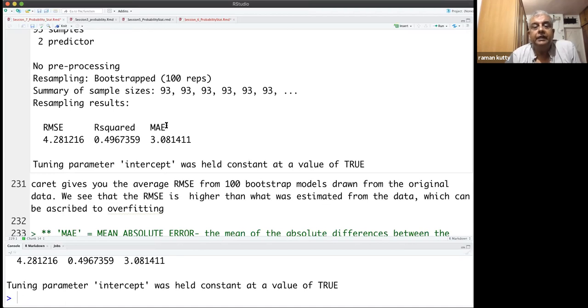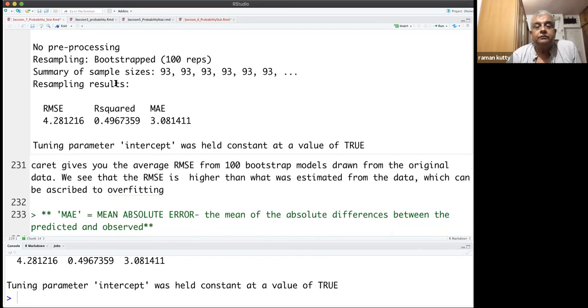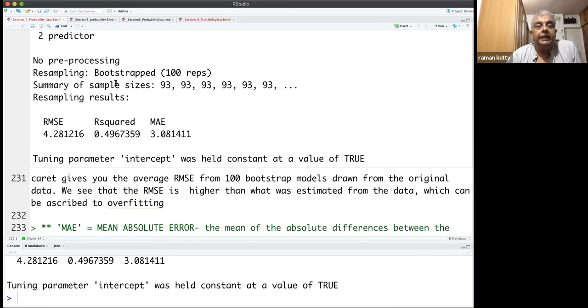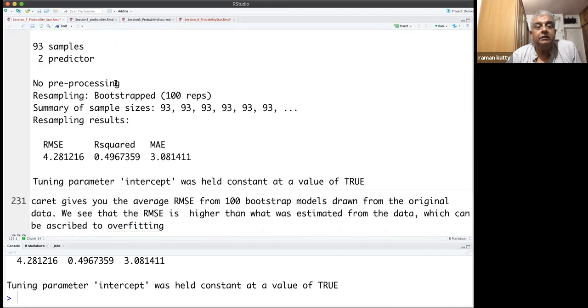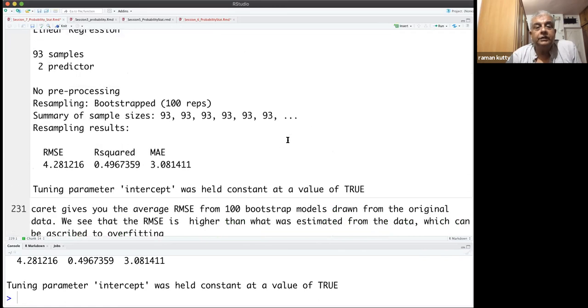That is called mean absolute error. It is similar to RMSE, but another way of looking at the error. These three statistics will be given by the caret package using this command. It also says tuning parameter intercept was held constant at a value of TRUE. This is something technical. Caret gives you the average RMSE from 100 bootstrap models from the original.